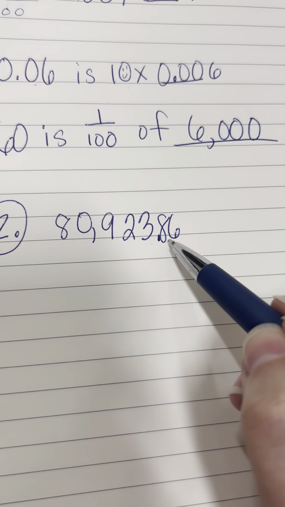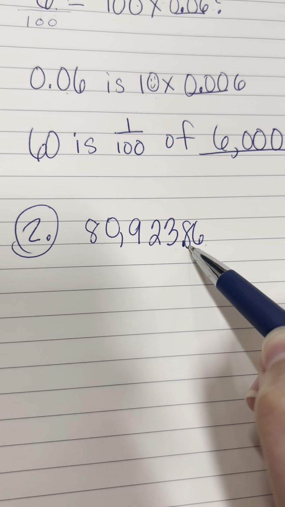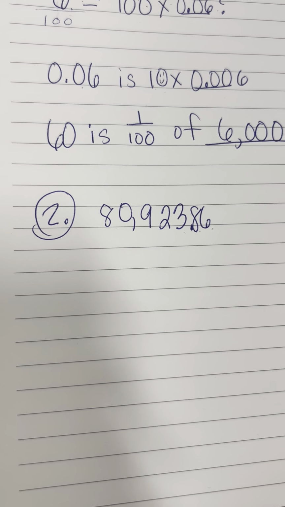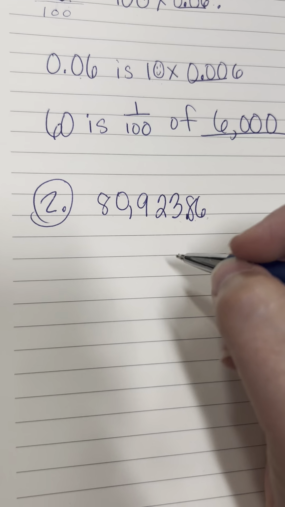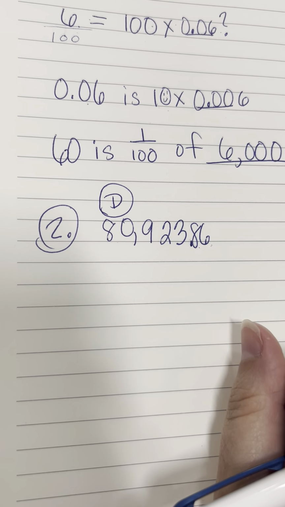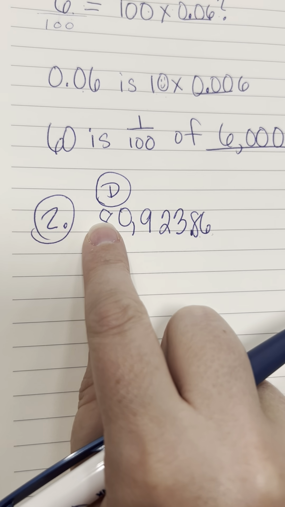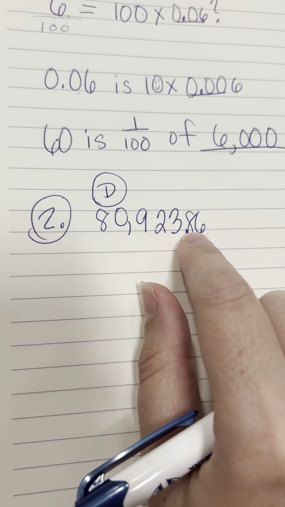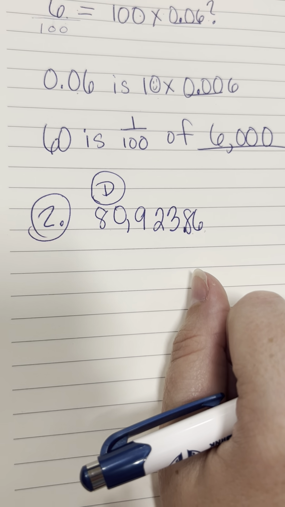Okay, that means that it's 2 places past the decimal because this is tenths and this is hundredths. And this corresponded with letter D on your papers. Okay, so letter D was your answer, 80,923 and 86/100ths. Okay,